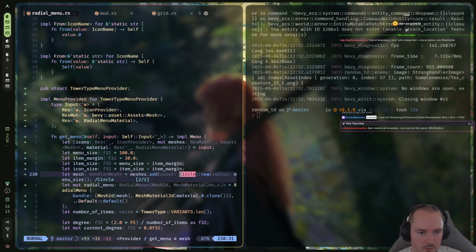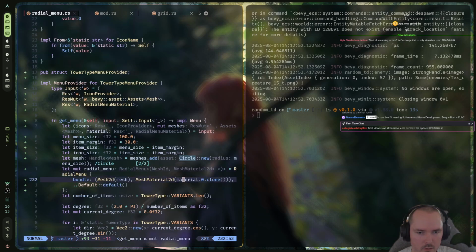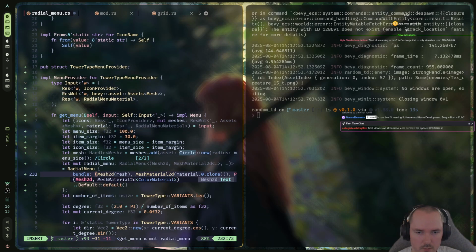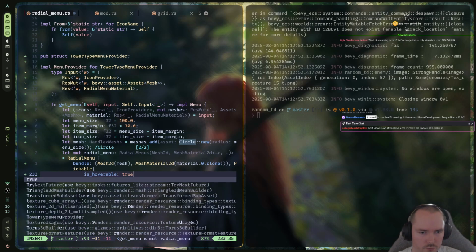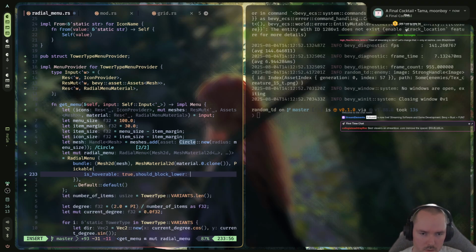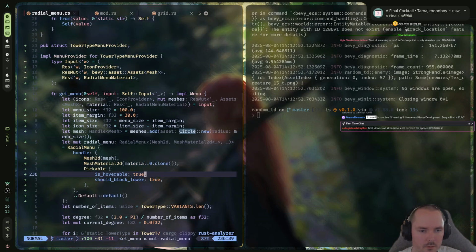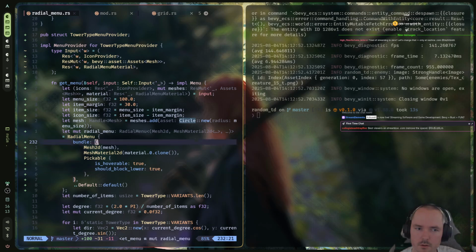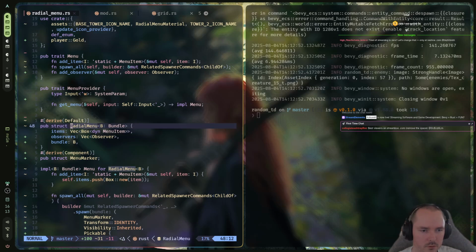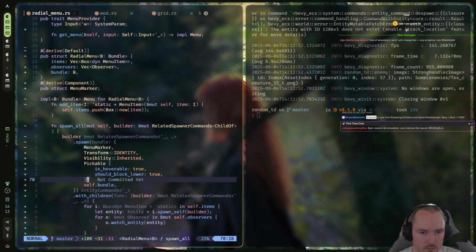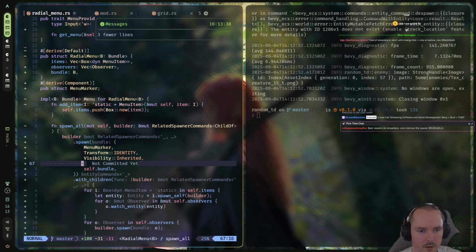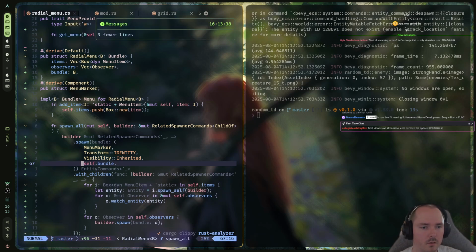Circle here, that's actually if I go in here and say pickable, maybe I just put it on the wrong thing. Is hoverable true? Should block lower? True. Maybe that was actually, but actually now I spawn it twice, right? Go to definition, go to implementation here, because exactly. So but maybe it actually makes more sense like that if I define it in my